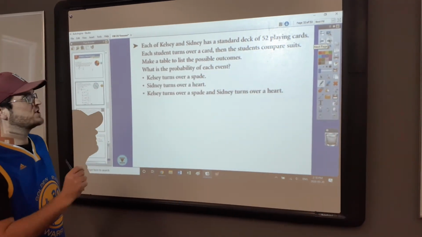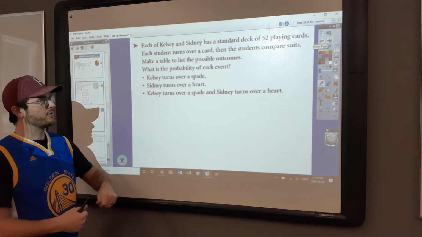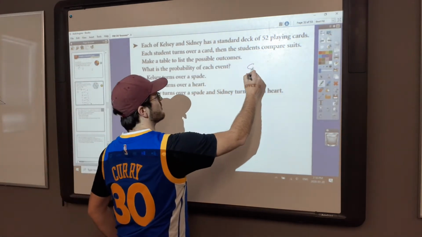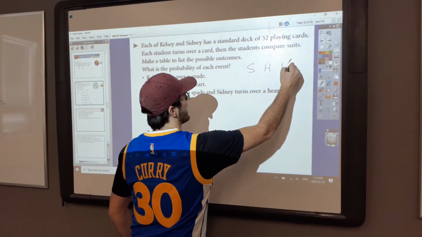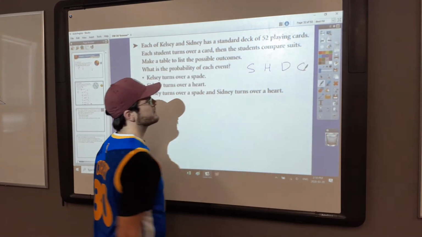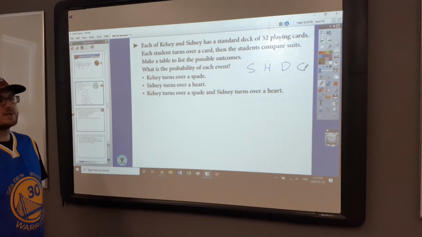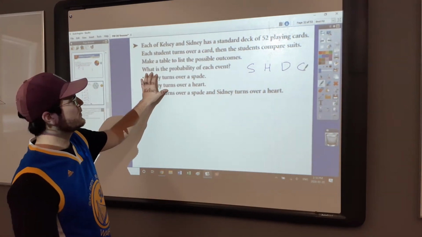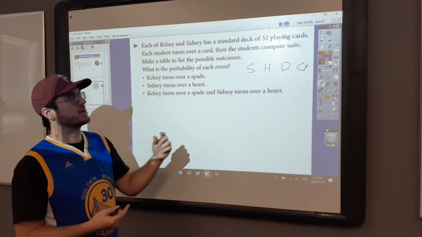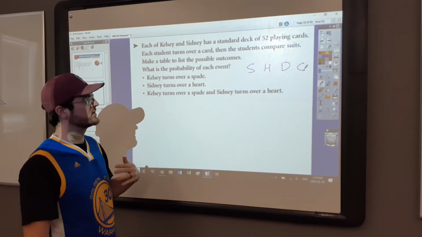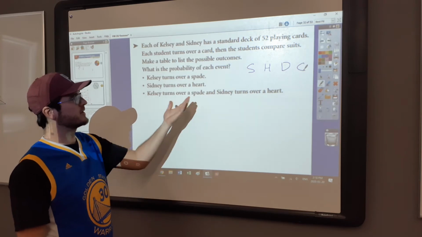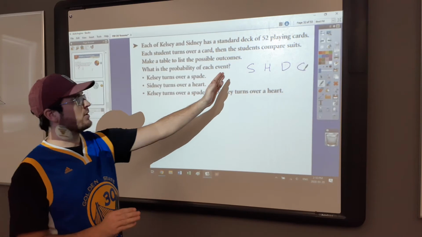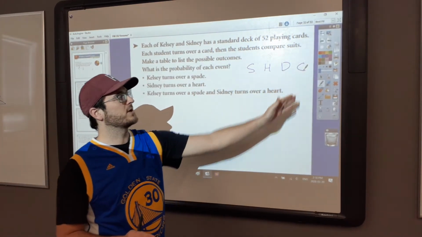So Kelsey and Sydney each have their own deck of cards. They're each going to pull out a card and compare the suits. So you do need to kind of know the suits. Spades, hearts, diamonds, and clubs are kind of the 4 main suits if you're not so familiar with playing cards. So if you know that, we know there's 13 of each actually, king, queen, jack, and then 10 through ace. There's 13, 13, 13, 13, so that adds up to 52 cards. Okay, but it's not really important. As long as I know that they all have the same amount,